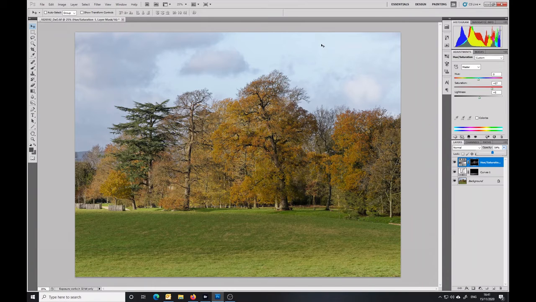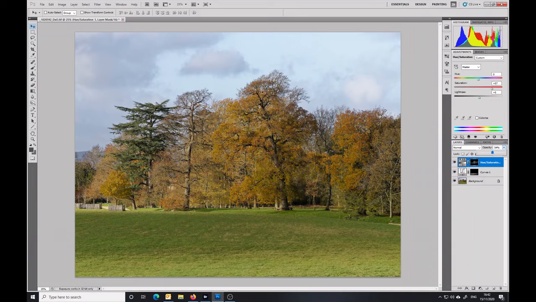So I want to select the sky. Again, all I'm doing in this series of exercises is creating masks analogous to a gradient density filter. Now, if I was to use a gradient density filter in Lightroom, what I'm going to end up doing is overrunning the trees here, and then I'd have to use a brush to try and clear that up, and then I'd have problems where there were areas of sky between the